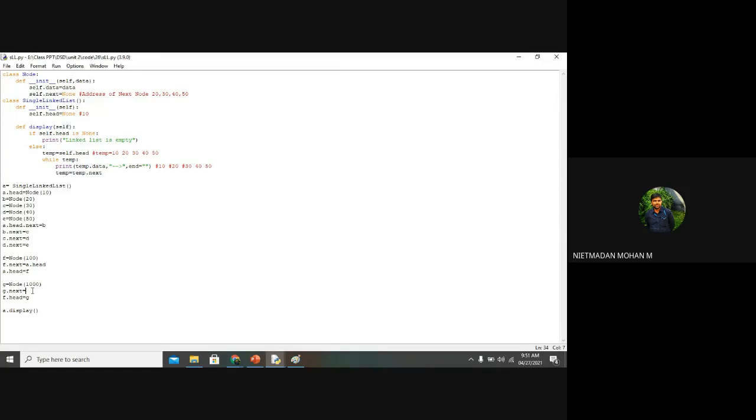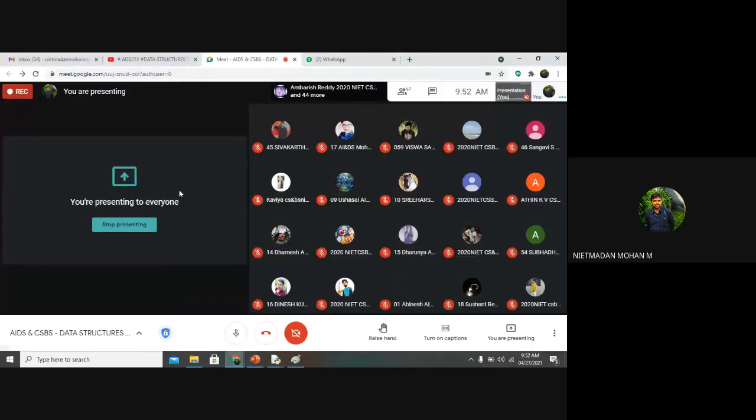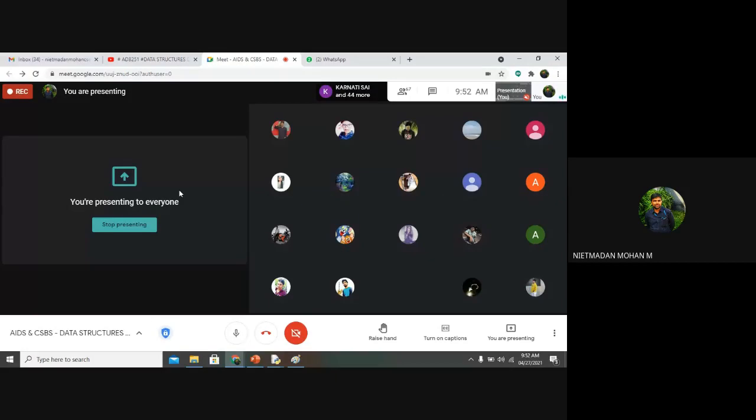So I'll check it and tell you, whether you want to go with another constructor or what. After completion of this, I will share the screenshot with you after I get the output, right? In case of any queries related to this, you can ask me, or else you can give your attendance and you can leave now. I will share the screenshot with you in the WhatsApp group.